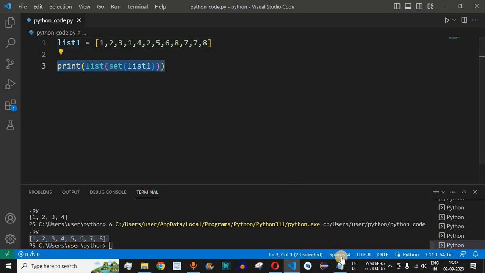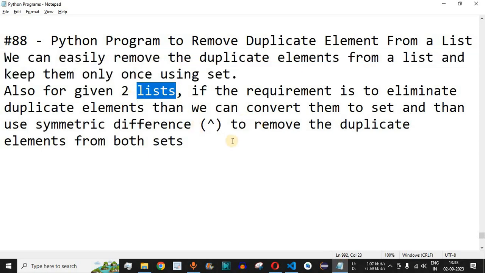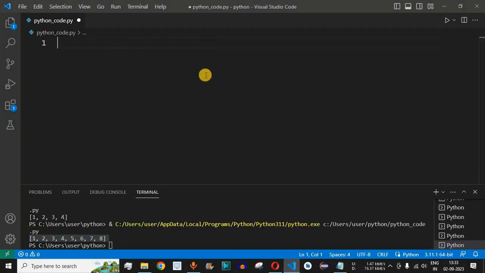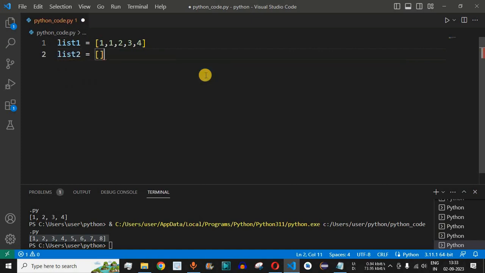Now guys, let us say you have another requirement wherein there are two lists over here, and from both the lists, whatever duplicate elements are present, you need to remove from both the lists and print them after consolidating them in one list. So what we can do is, again we will define the two lists over here. So let's say we have list 1, it is equal to 1 1 2 3 4, and then let's say we have list 2, it is equal to, we say 3 4 5 5 6 in this case.